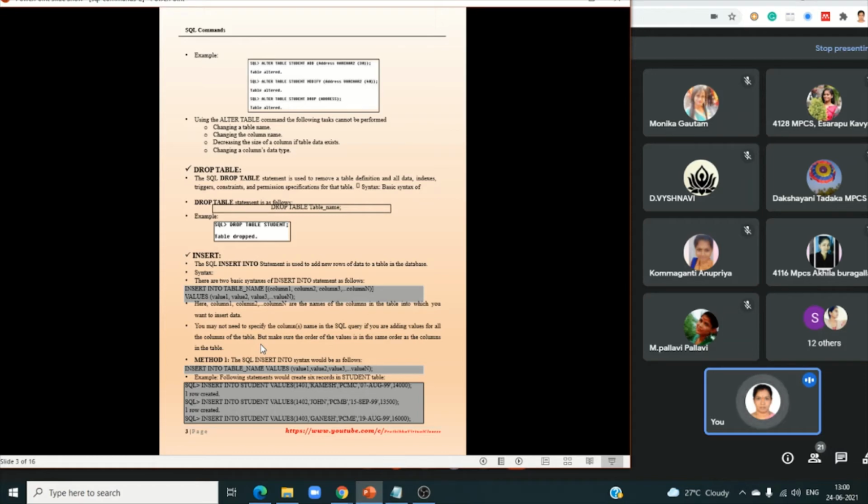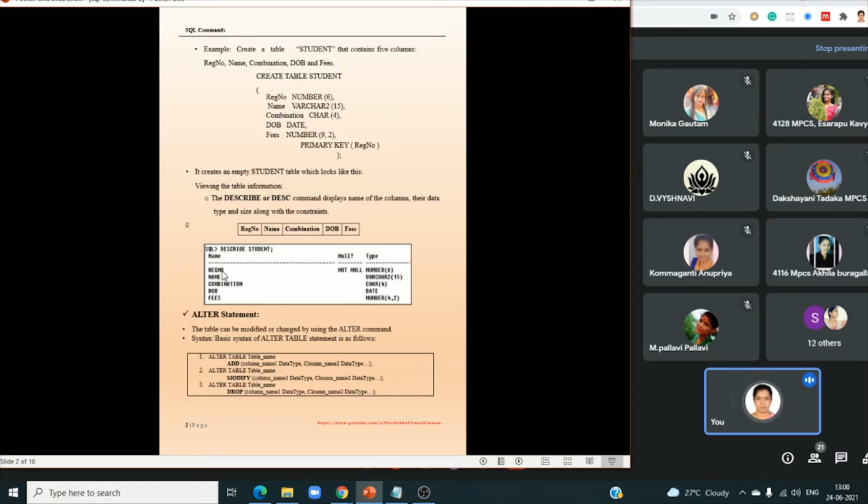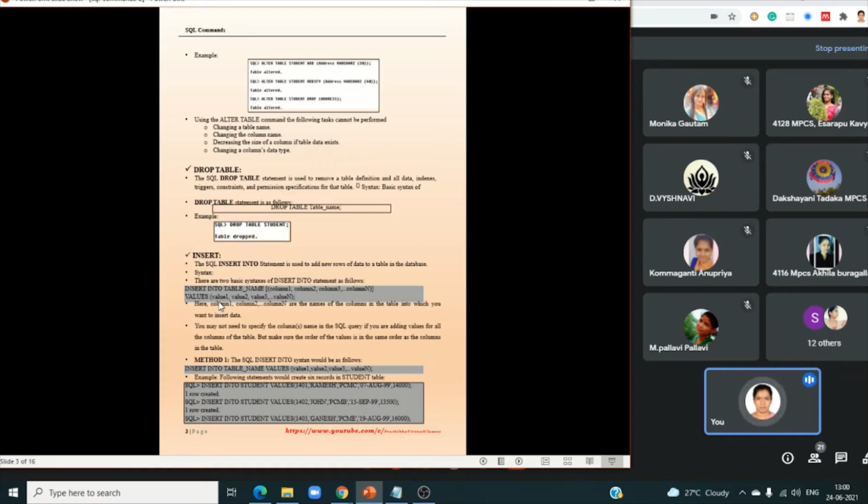You know the structure of the student table: first the register number, then name, combination, date of birth, fees. Then there is no need to specify the column names. If you want to insert into only some of the columns, in those situations you can specify them. This is method 1.